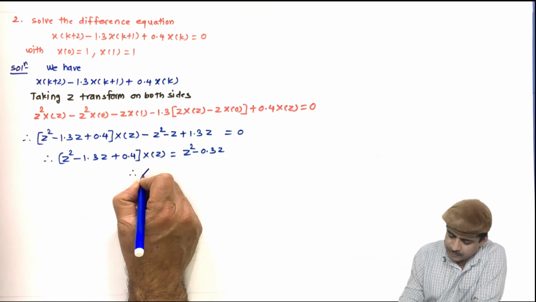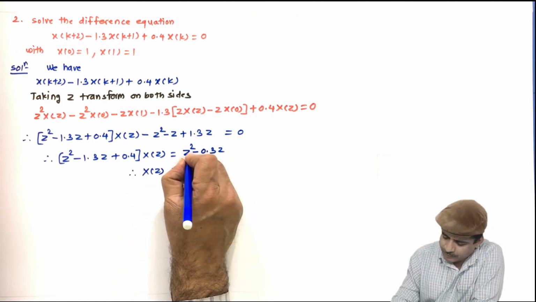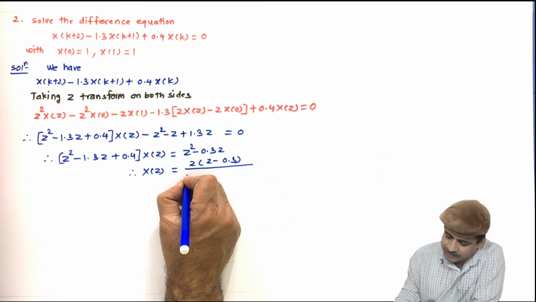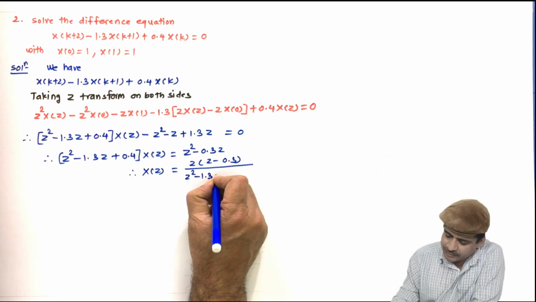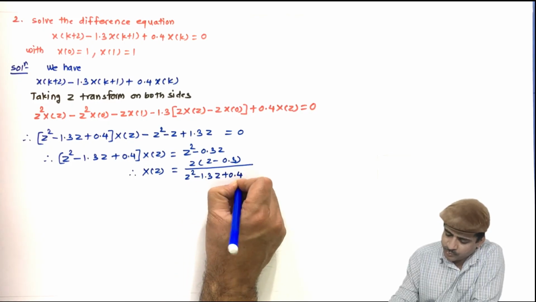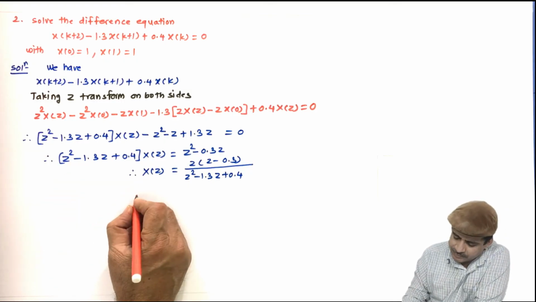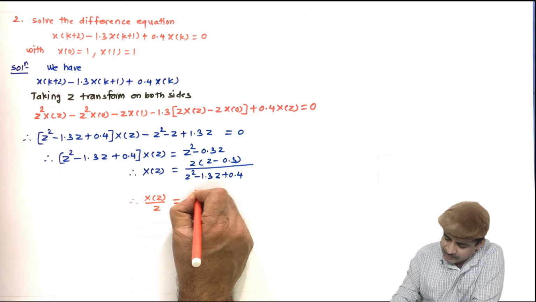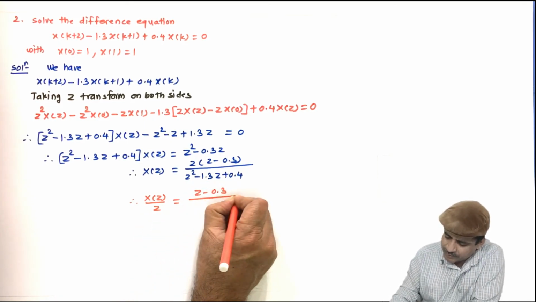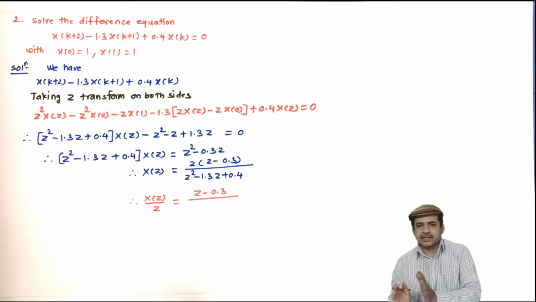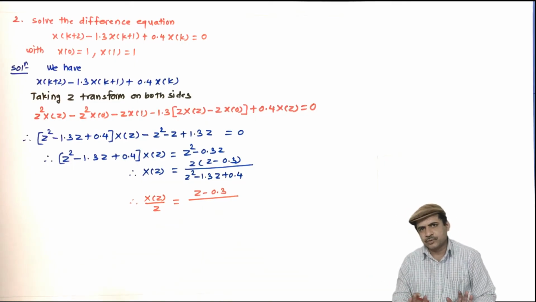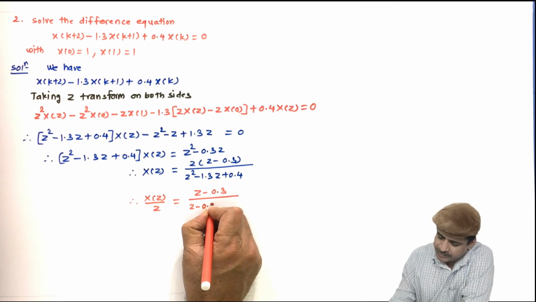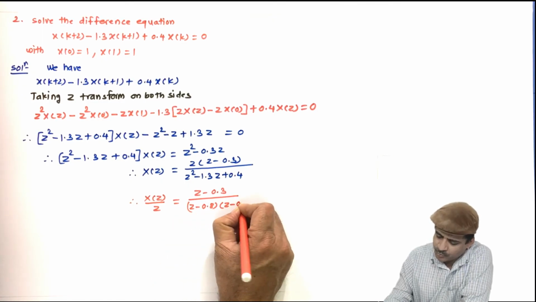So x of z is equal to, I will take z common, z into z minus 0.3 divided by z square minus 1.3 z plus 0.4, and hence x of z by z is z minus 0.3 over that. I will take factors of this. If you are not perfect in taking factors, make use of a calculator. Using a calculator you can do so. The factors of these are z minus 0.8 into z minus 0.5,